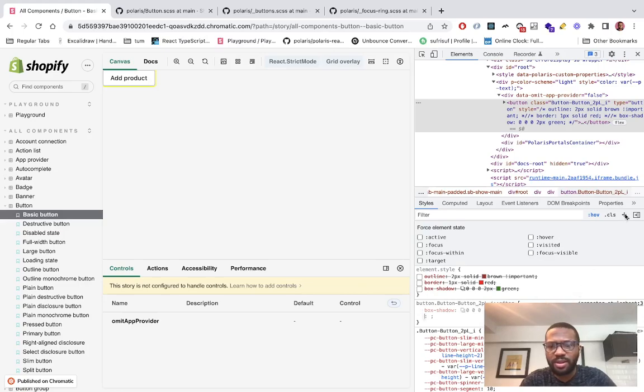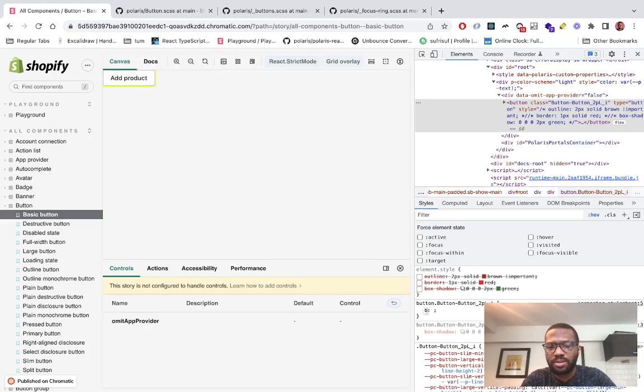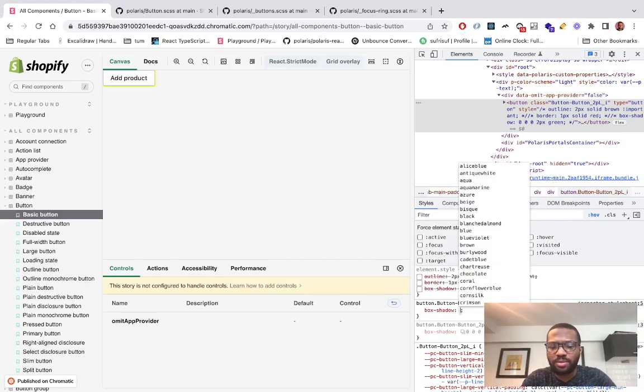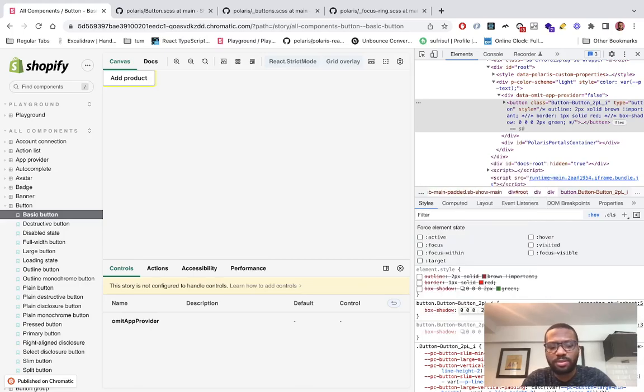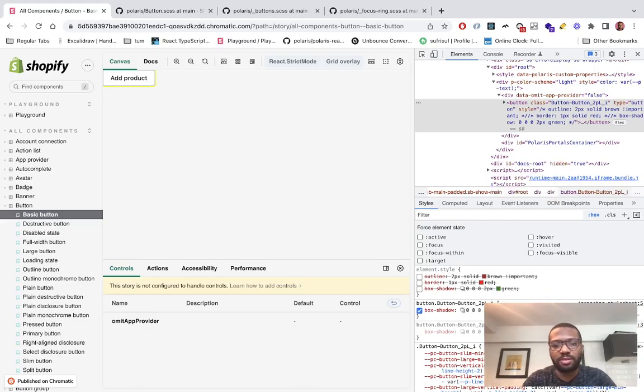And can I add a focus that says box shadow, let's say, yeah, let's just say red. So